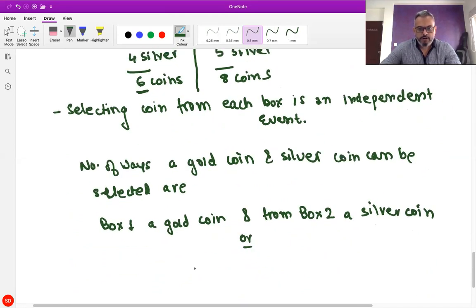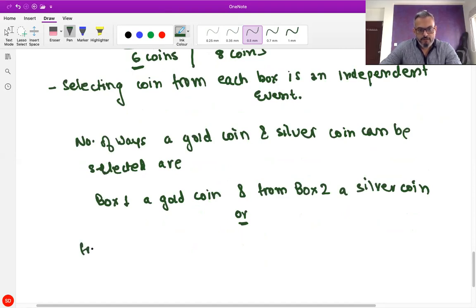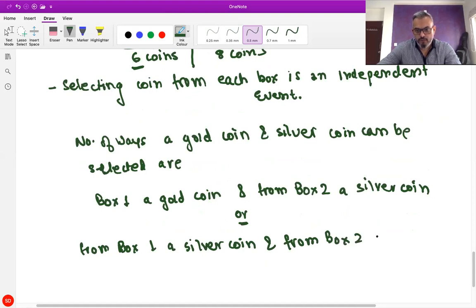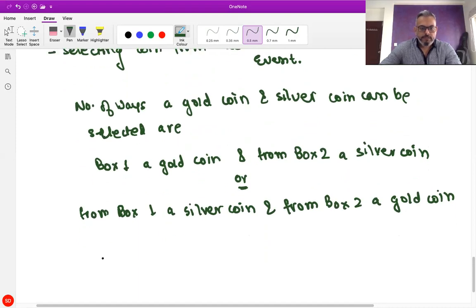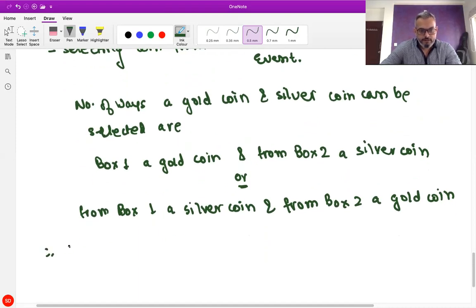Or from box 1, a silver coin and from box 2 a gold coin. Therefore, required probability is, now